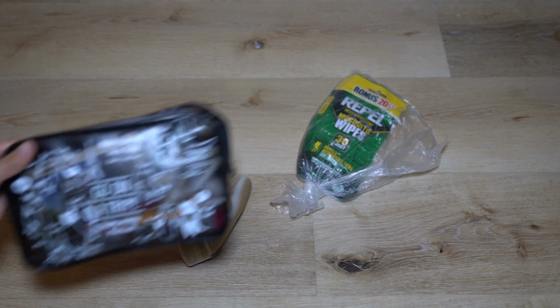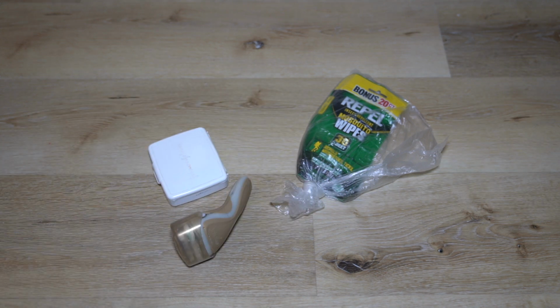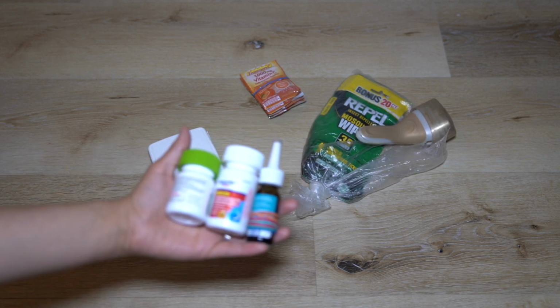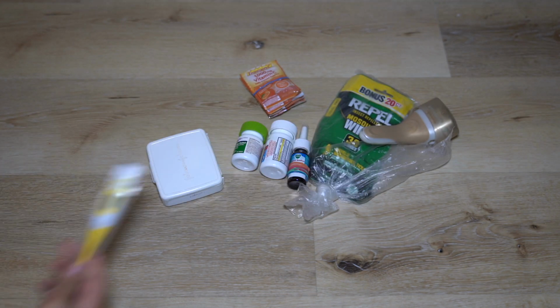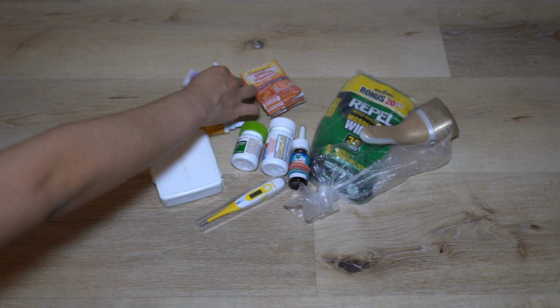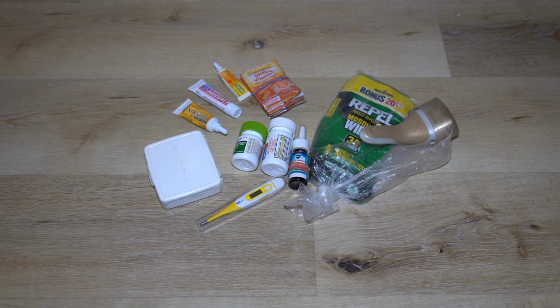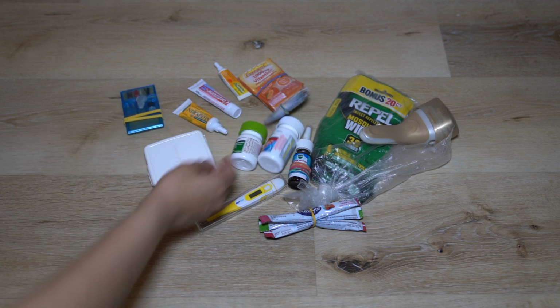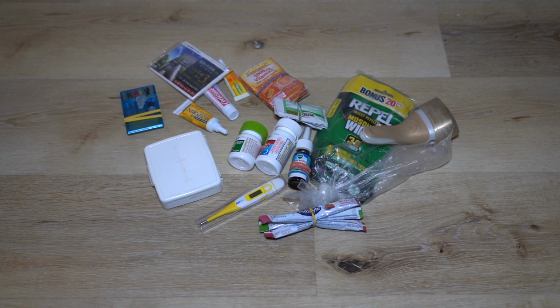And that's my medicine bag. So inside I have a first aid kit, some vitamins, that's my medicine, a thermometer. I also brought some creams like cortisone or Neosporin, also some Pedialyte, a sewing kit, an antacid, and some tissues,